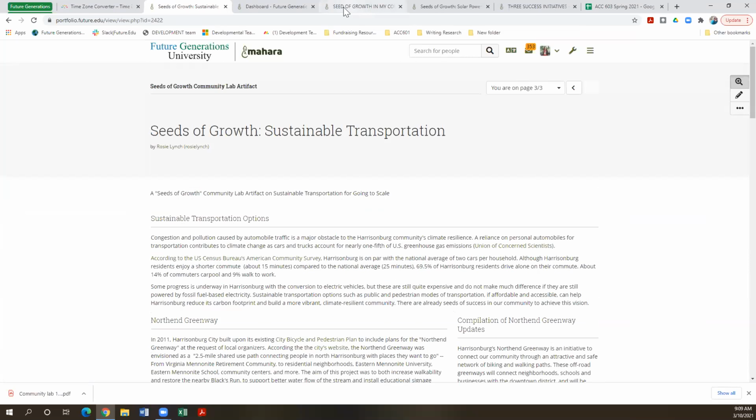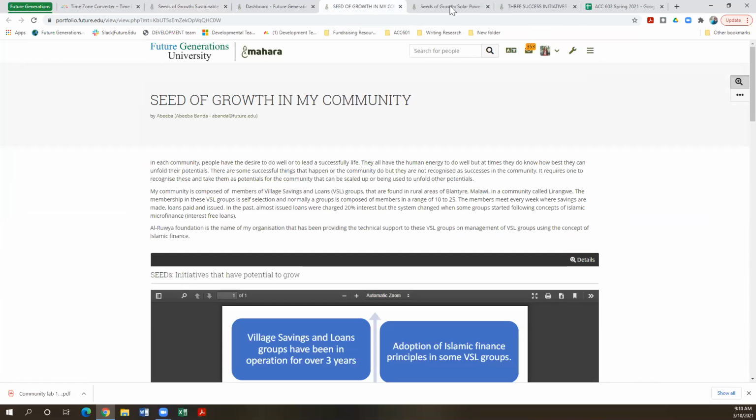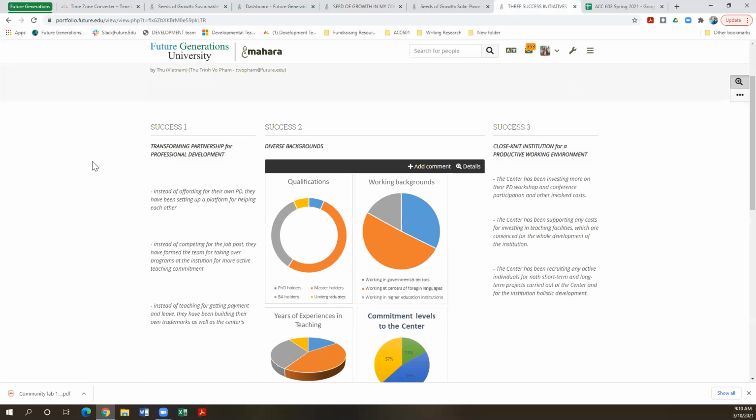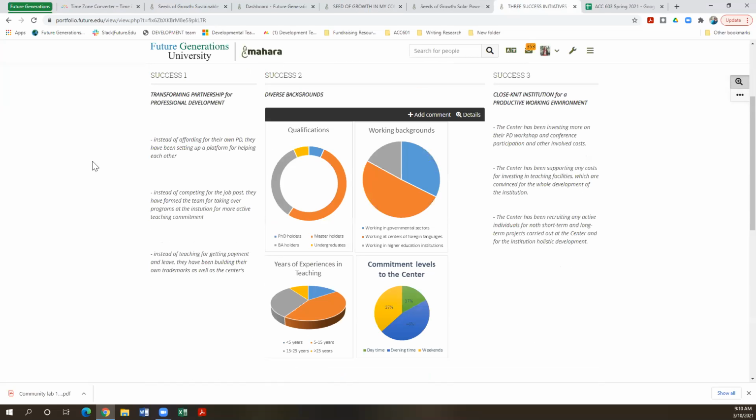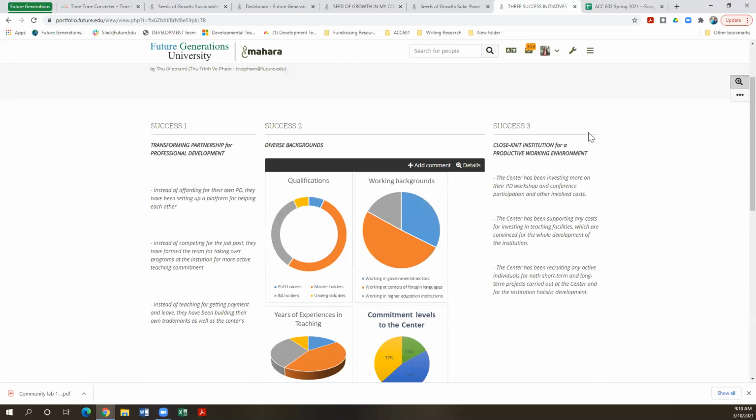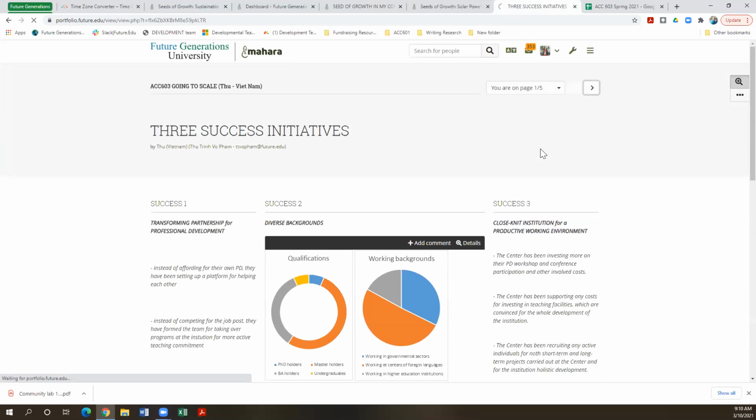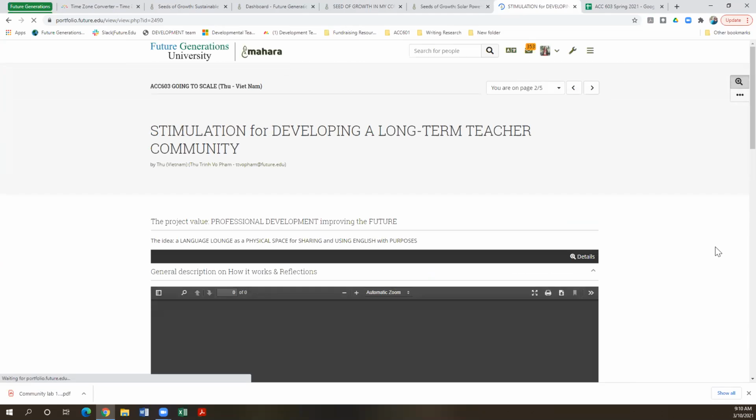So we've got other examples here. We've got one from Abiba Banda, who is in Malawi, another from a classmate, Miss Tu in Vietnam. And so it doesn't matter how you format this. You see she had 1 page that was kind of an overview of the different successes. And if you go through this further, you'll see that she actually builds on it for the follow-up assignments. So take a look at these.